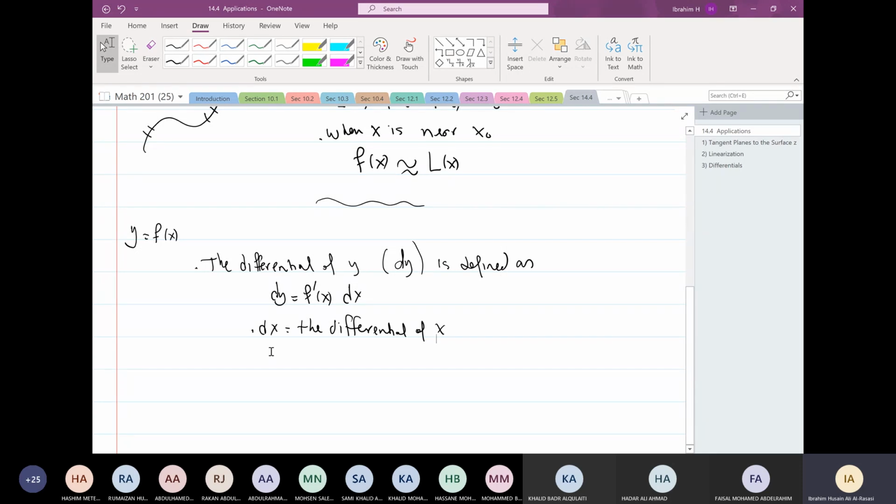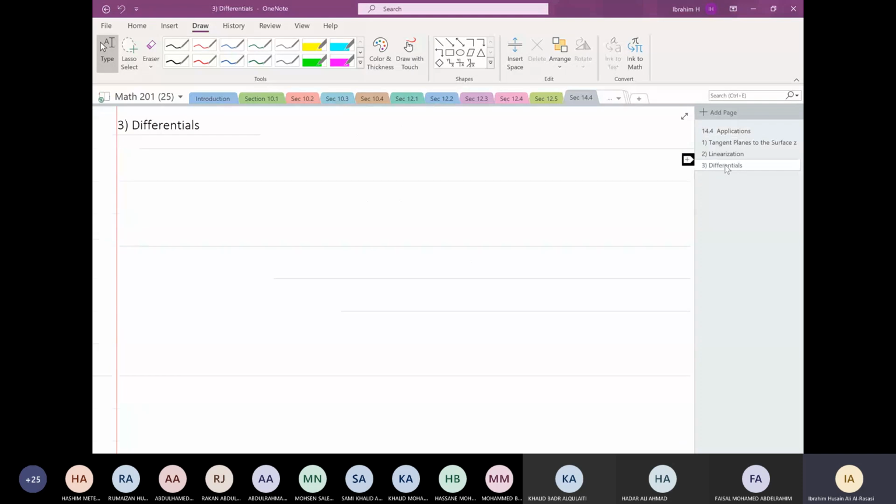The next step, we give the geometric meaning of the differential. What is the geometric meaning of the differential, and what is the application of the differential? This is what I will do next. But from the definition here, we generalize this definition to the differential for functions of two variables. If you have a function of x and y, we say the differential of z, the differential of the range value, notation dz, is defined as,